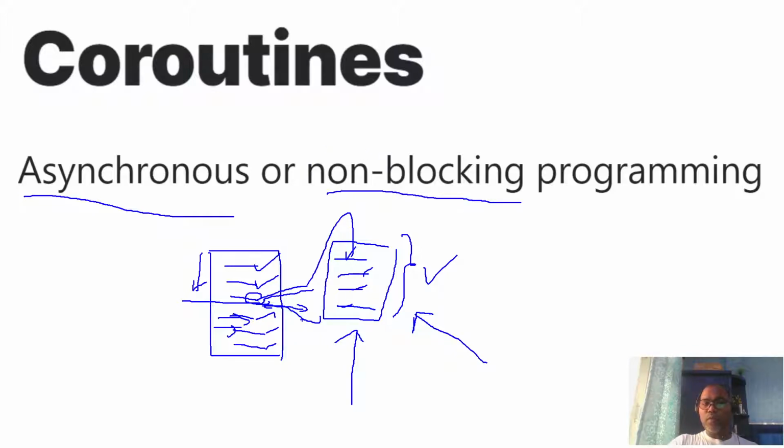Same here with non-blocking. In the first case, in synchronous programming, whenever the program invokes this code, it waits until this method is complete and returns the control here. That means your current thread and current code are blocked until this piece of code is completed. So Kotlin offers, via coroutines, the ability to write code that can run in an asynchronous and non-blocking fashion.